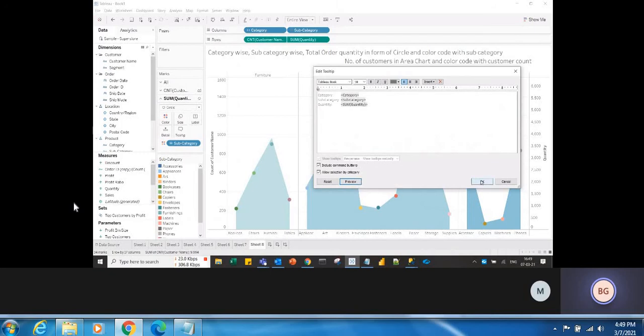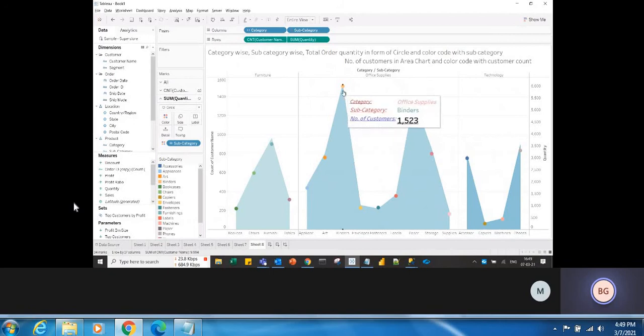So click on OK. Now if you place the cursor in the circles, that is showing category is office supplies, subcategory is binders, and the quantity is 5974. And if you just put the cursor in the area chart, it is showing category as office supplies, subcategory is binders, number of customers is 1523.